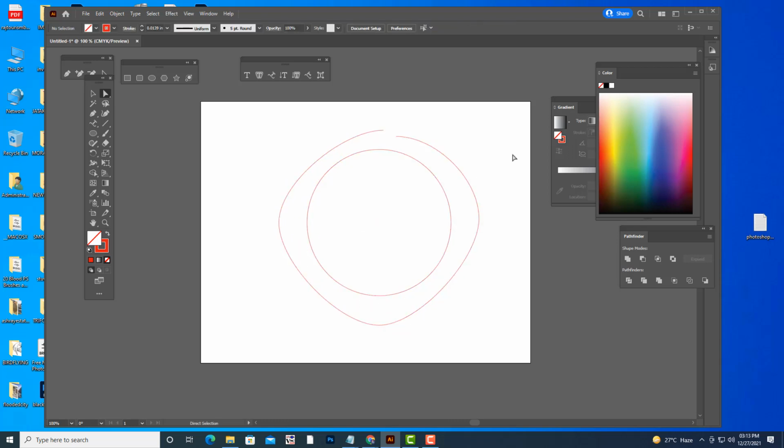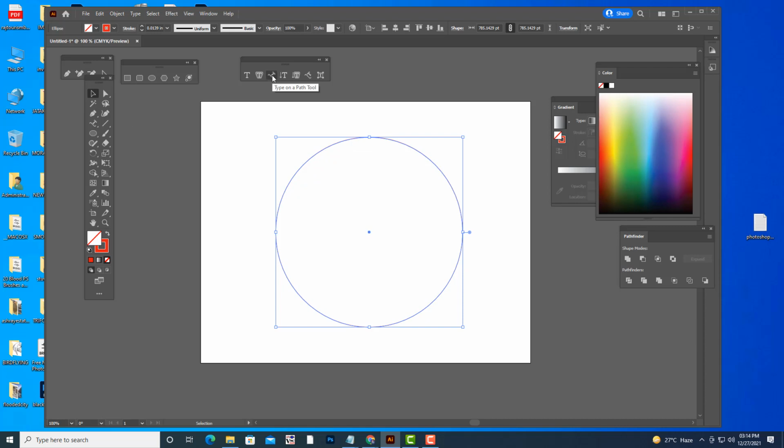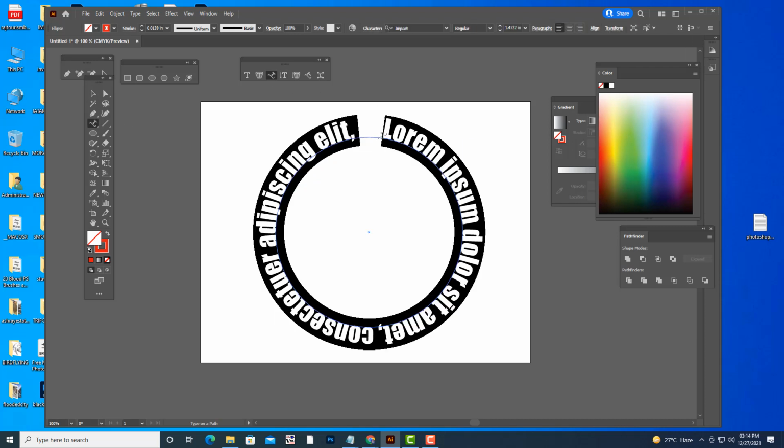So you are asking whether we can put the text on an ellipse, an elliptical path. Oh yeah, I was about to tell the same thing. You don't have to convert to a path or anything. Just take an ellipse and turn off the fill. Hold shift and select like this. Then use the type on a path tool, just click here. See, we got the text on an ellipse.